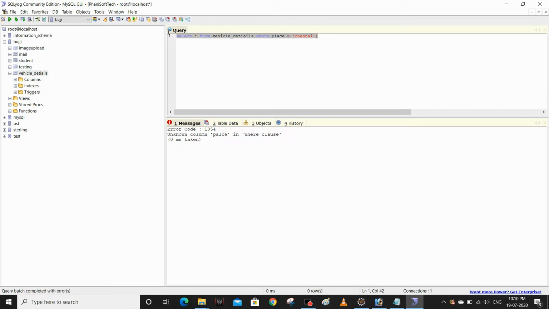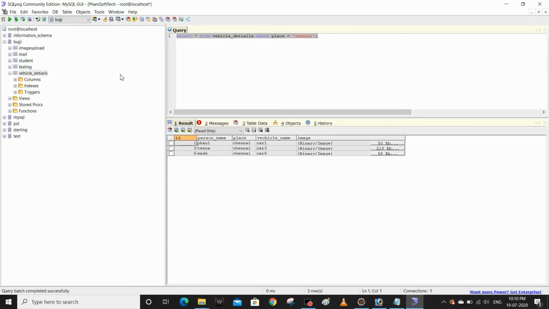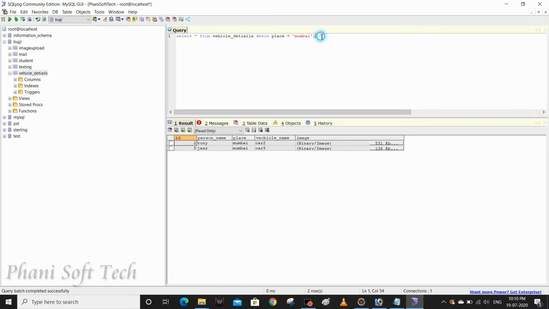Place equals Chennai. Three records are available. If I search for Mumbai details, two records are available. We can achieve the same procedure on the Java side.